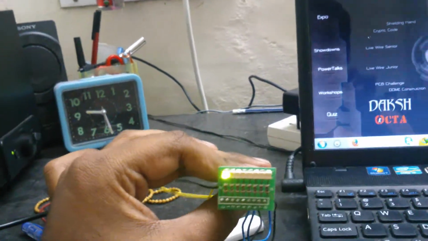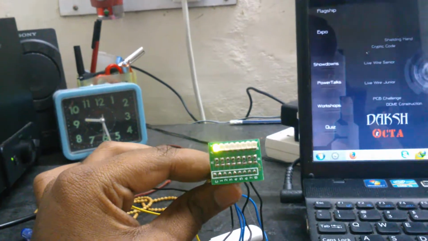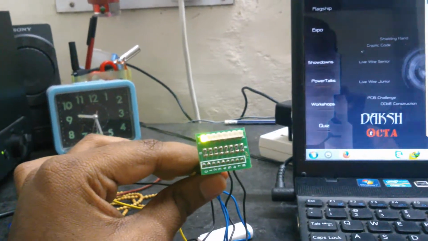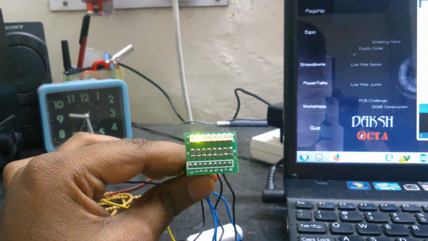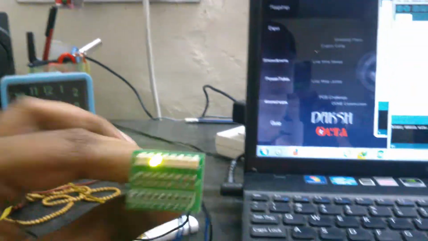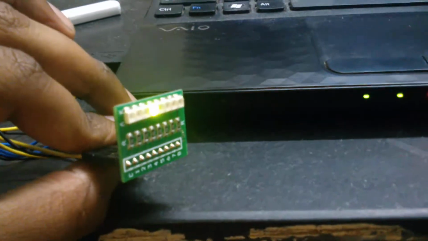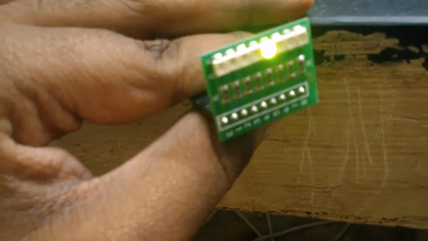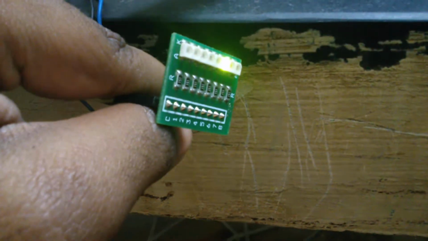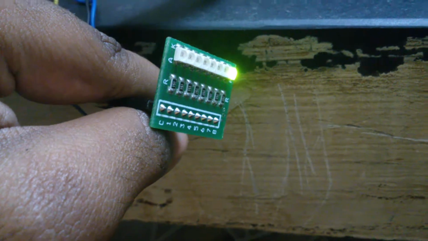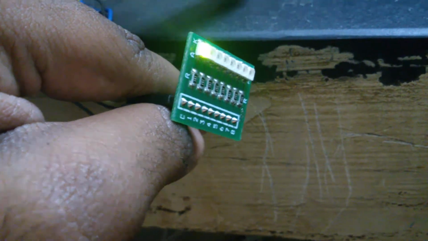Yes, in my previous video I was just telling you about the serial LED program. So I've just made a serial LED blinking, just wait a second so that you can see. So basically what I have done is